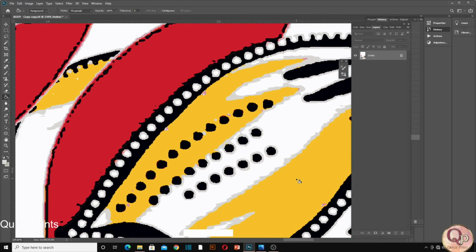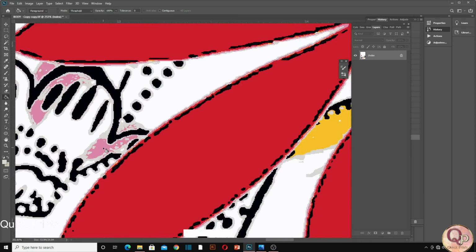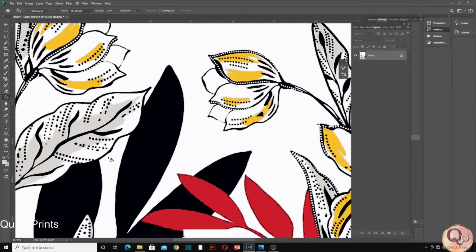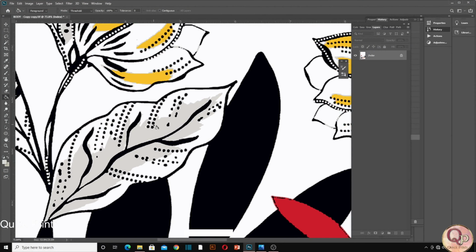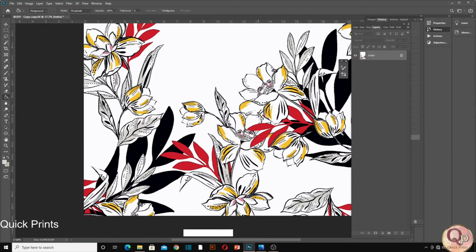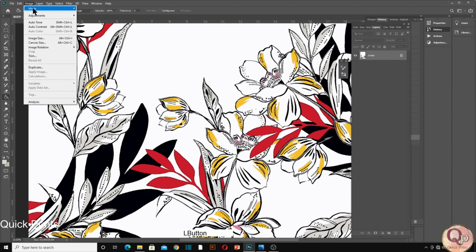You can clean these things if you have time. I'm just guiding you on the techniques. You can draw it, you can do whatever is your requirement. The point here was to make this tutorial to guide you on how to convert a flat artwork into layers. So I'm converting my artwork into RGB. That was the shortcut command. If you missed it, I'm just doing the proper manual way.